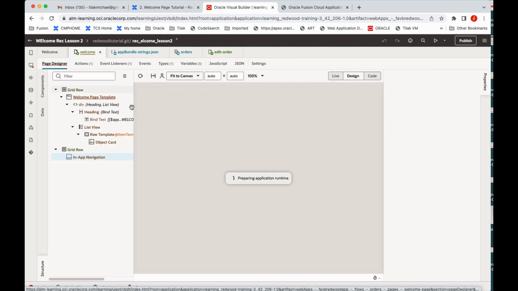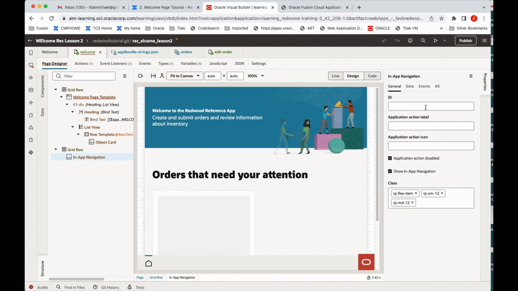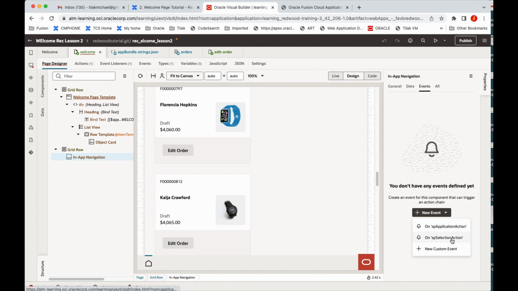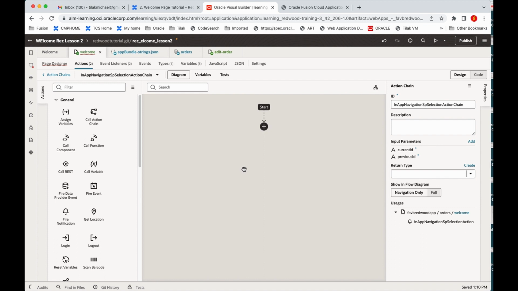Now we have to work on that icon. Okay, the in-app icon. We have to work on that. We go to the event selection here. So this we have to delete. We don't need this part. The reason we don't need it is